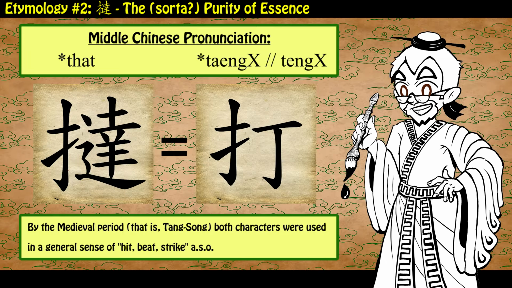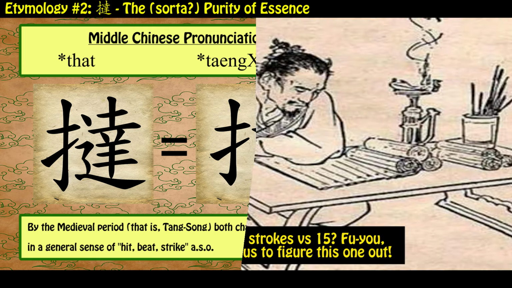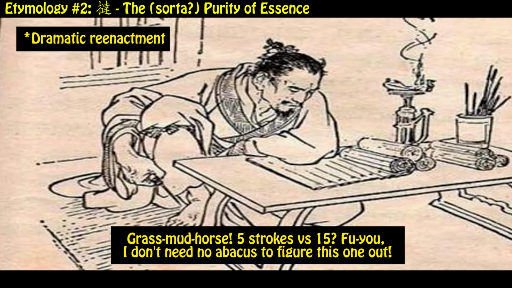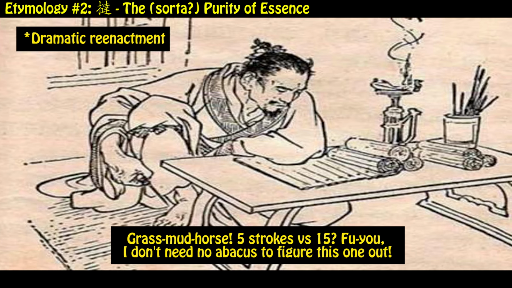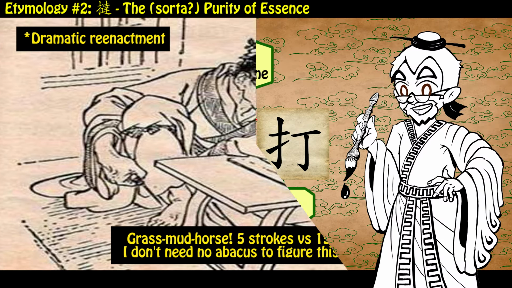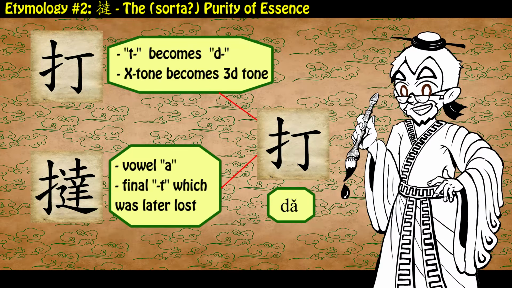Well, in the Middle Ages, da and the character which would later become da, but still had a reading closer to ding, became synonymous with each other, and the simpler character ding was often used to write ta, which you may have noticed is a little bit more complex, because lazy writers exist in every time period. This frequent borrowing of one character for the other seems to have confused the way people read it, which eventually